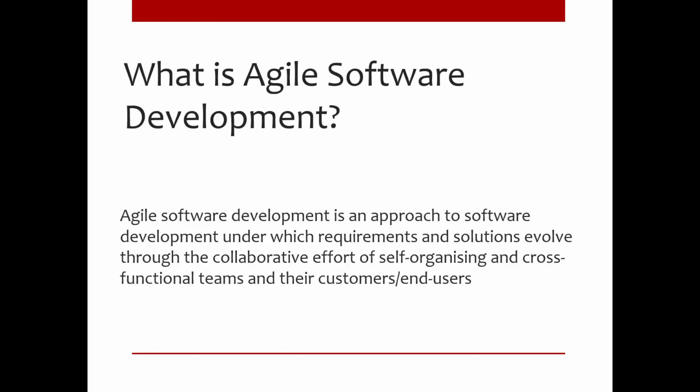Agile software development lifecycle model is a combination of iterative and incremental process models which focus on process adaptability and customer satisfaction by rapid delivery of working software product. Agile method breaks the product into small models and these models later on are built and provided in iterations. Each iteration typically lasts for about 1 to 3 weeks.